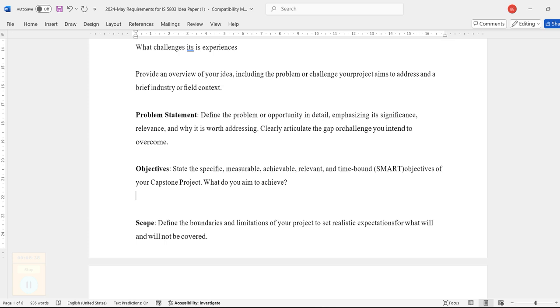And if you have 10% more customers, this is small, we are going to increase by 10, so it is achievable and relevant to the organization. And we should say we should achieve 10% new customers in one year. That should be mentioned, so it is time bounded. Whatever objectives you mention, they should clearly discuss these five things: specific, measurable, achievable, relevant, and time bounded.